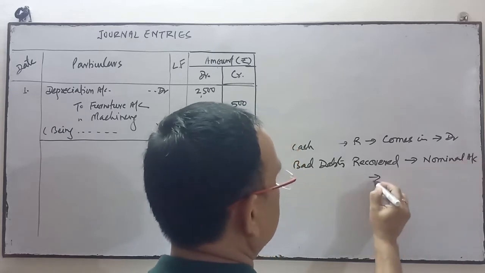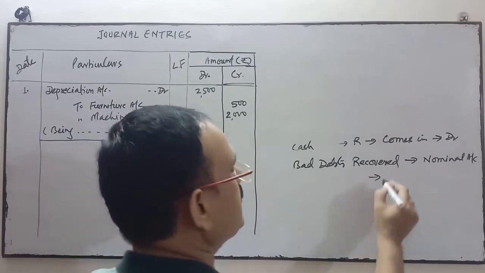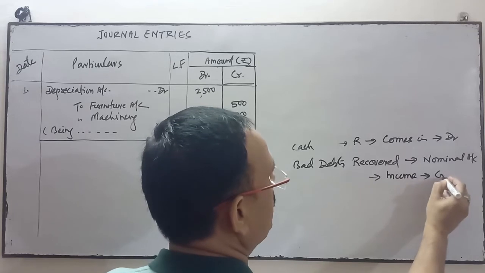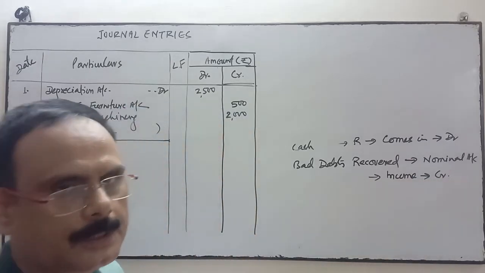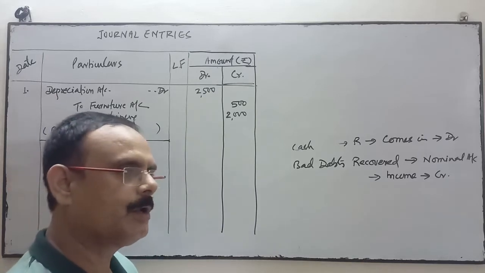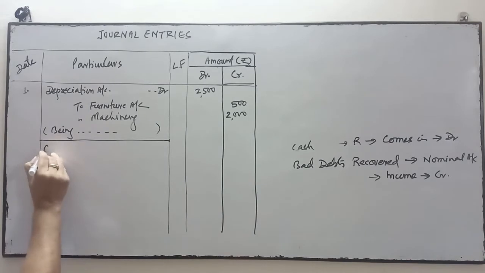Nominal account, and under the nominal account all incomes and gains are credited. It's an income, and this will be credited. All incomes and gains are credited under the nominal account. All expenses and losses are debited. So the entry will be cash account debit,